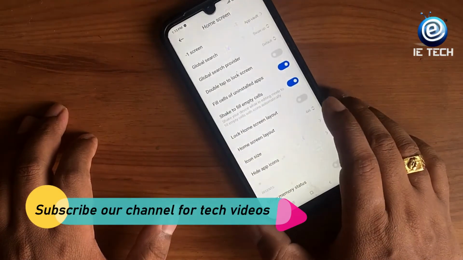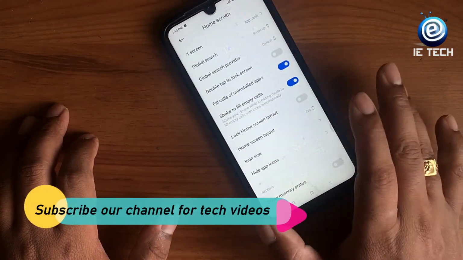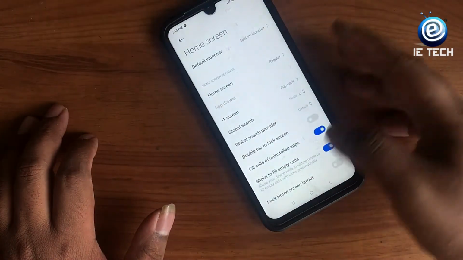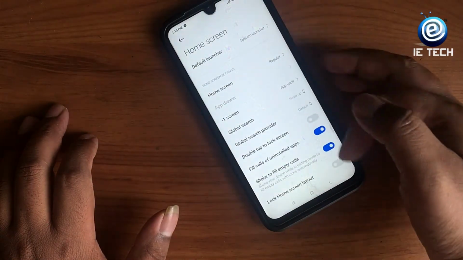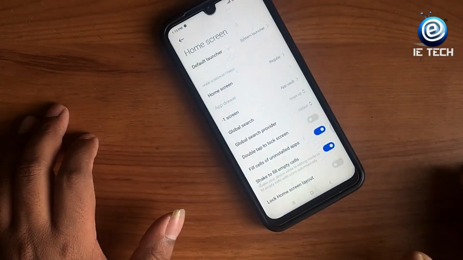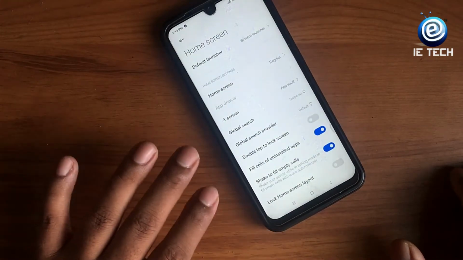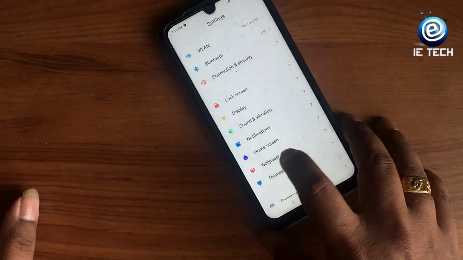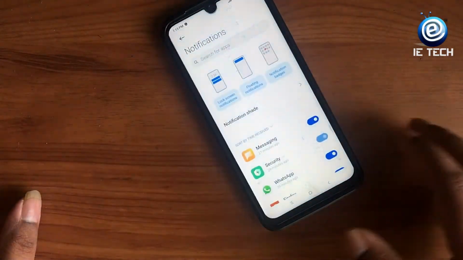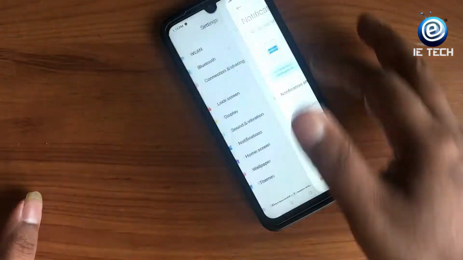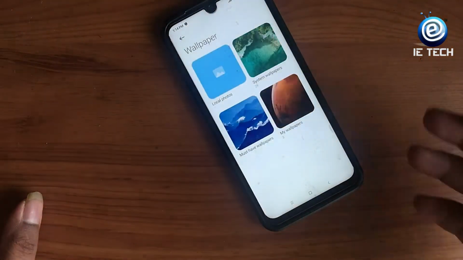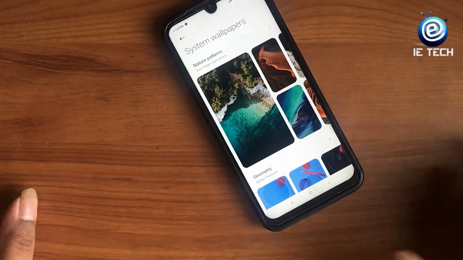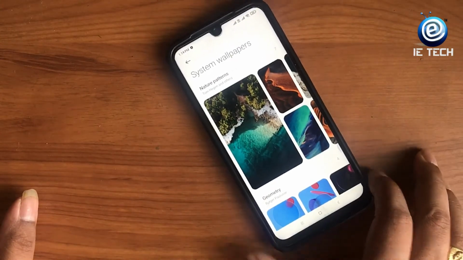So let's go again to the home screen. You will see the home screen layout and all those things which were there in the China ROM. Everything is there. One thing which I saw is the app drawer functionality. Obviously this app drawer is there in the China ROM, but it's not that optimized. Here it is very optimized, and that's actually a good part. Notifications I have already shown to you. Let's go to the wallpaper.